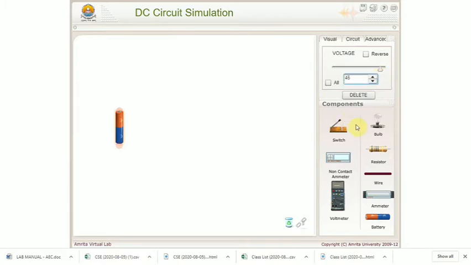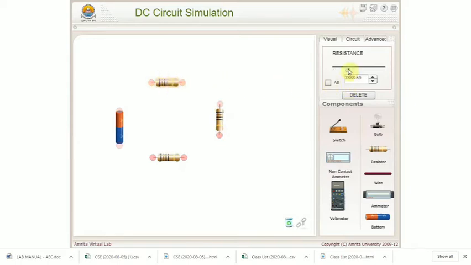After that we need to take 3 resistors. Let me take 3 resistors, drag and drop them in your workspace. Then you can change the positions as you wish. After placing your resistors, if you click on each resistor, you can change its value.